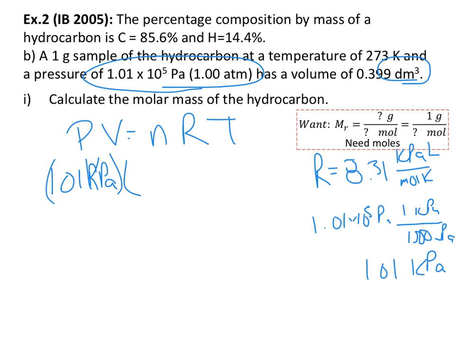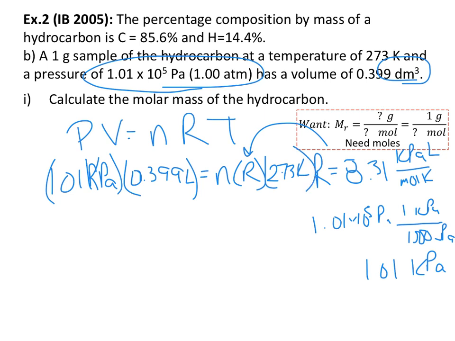So the R that I chose also used liters, so we should know by now that decimeters cubed and liters are the same thing, so I'm just going to plug it in as liters. We're solving for N. We're going to use the R, and they're nice this time and went ahead and gave me the temperature in Kelvin, but do watch for that. So if I take my 101 kilopascals times my 0.399 liters, divide that by the R, and divide that by the 273 Kelvin, I get that N is